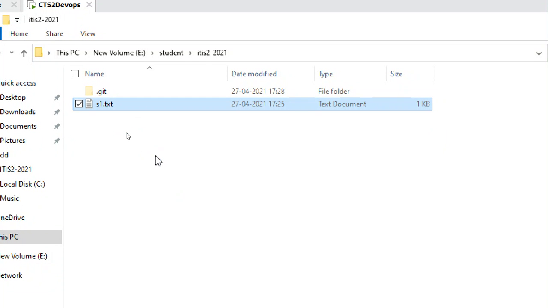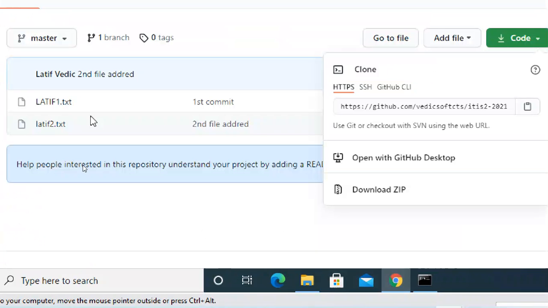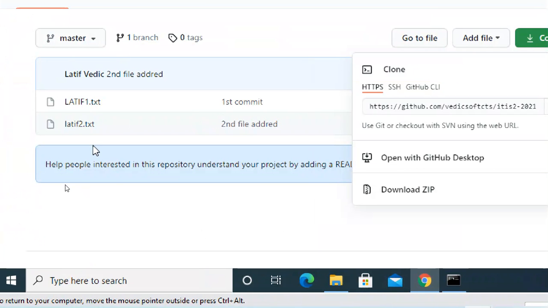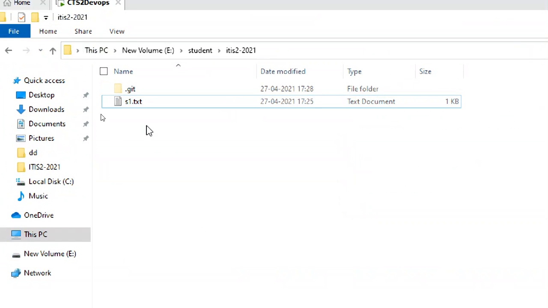The original location contains the s1 file, and in that one Latif1 and Latif2 are there. You can see in the original location you have two files, Latif1 and Latif2. Here you have the s1 file, but you don't have Latif1 and Latif2. Understand? If you want to commit, you have to commit completely, not just something.